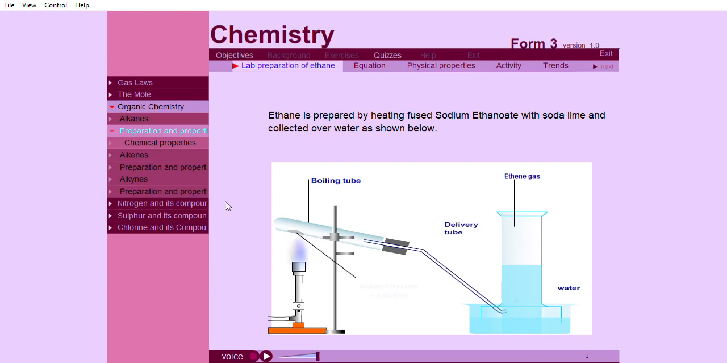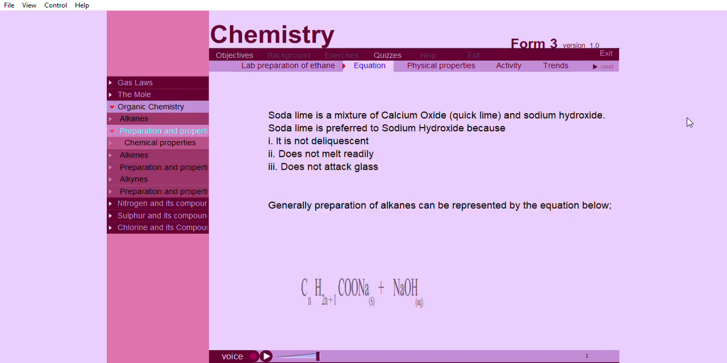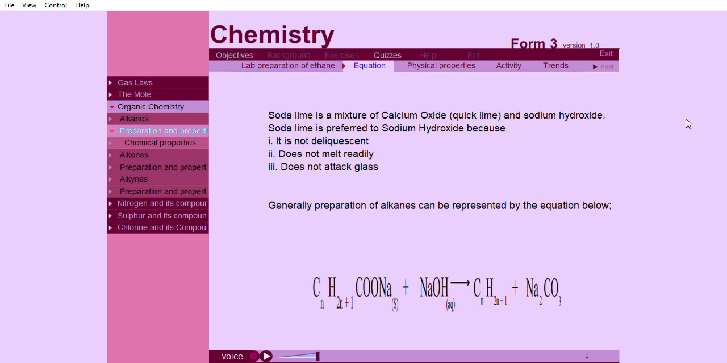Methane is prepared by heating fused sodium ethanoate with soda lime and collected over water as shown below. Soda lime is a mixture of calcium oxide or quicklime and sodium hydroxide. Soda lime is preferred to sodium hydroxide because it is not deliquescent, does not melt readily, and does not attack glass. The equation for the reaction is